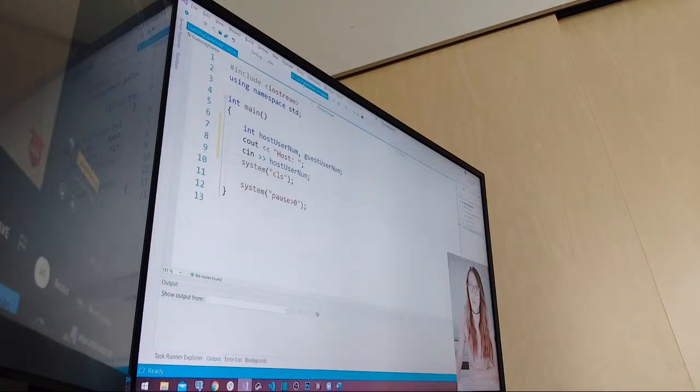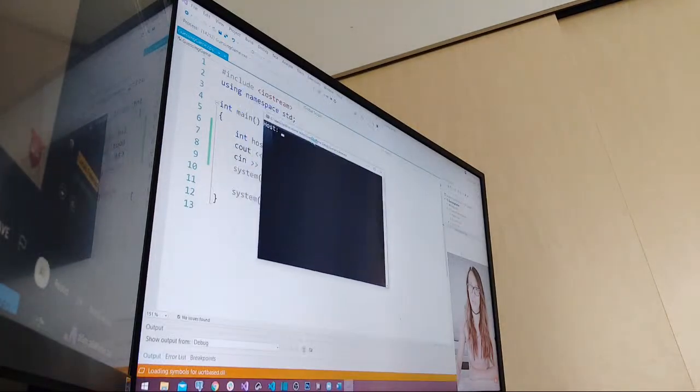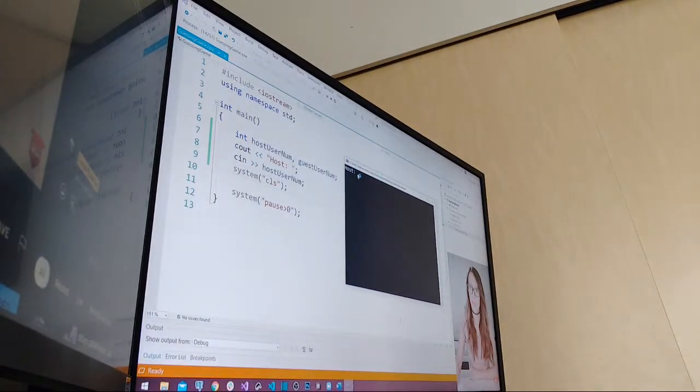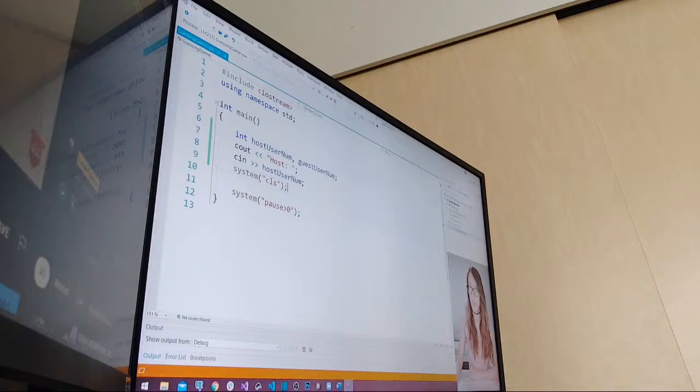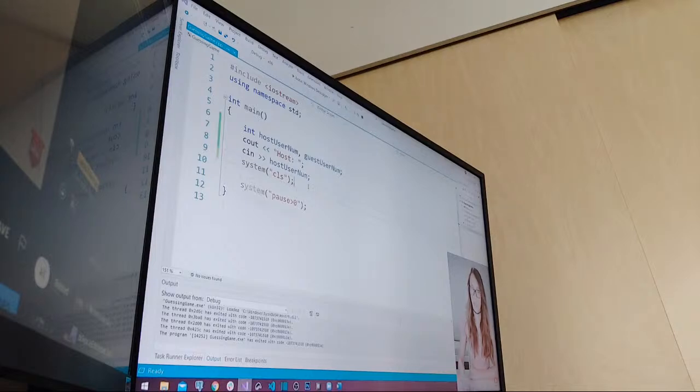And now if I run my program, let's see how far we have made this program. Here we have this seventh line, which says host user, and it expects our host user to enter a number. So I'm going to say, for example, 7. And then after I press enter, this number really is deleted. So our console has been cleared. And now after this, we need to ask our guest user to guess the number that our host user has entered. So I'm going to stop the program,